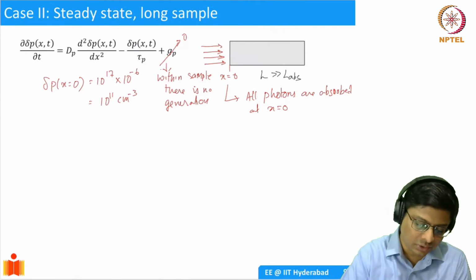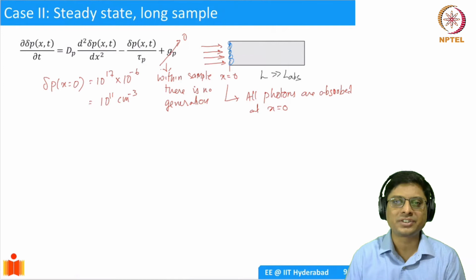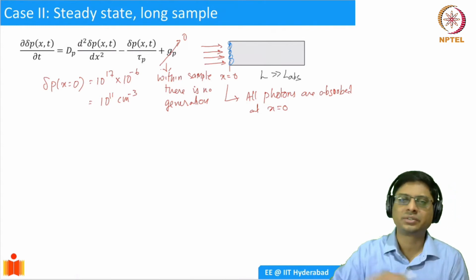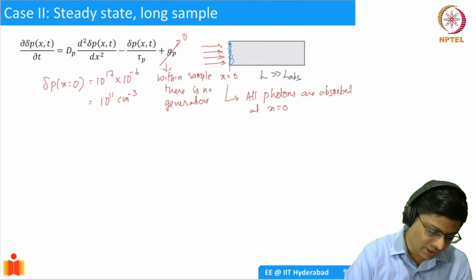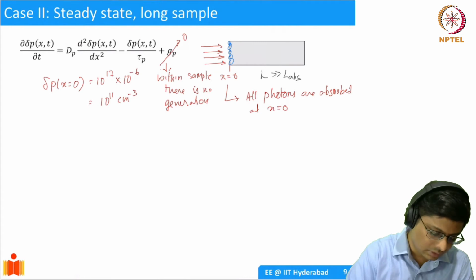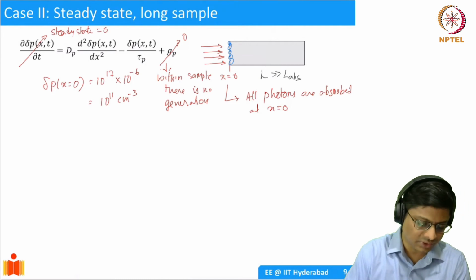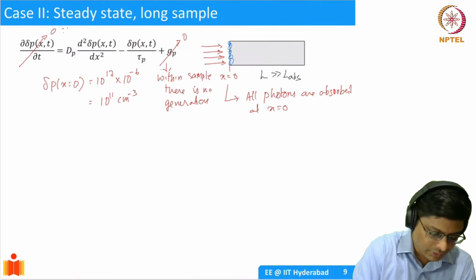So what happens now? You're generating this huge number of minority carriers. In this case, holes are being generated here. Of course, they're going to diffuse. So we want to solve the equation in the semiconductor at steady state. We turn on the light and just wait for some time. We don't do anything. When we do that, this is basically steady state. So this expression is going to go to 0 because of steady state.